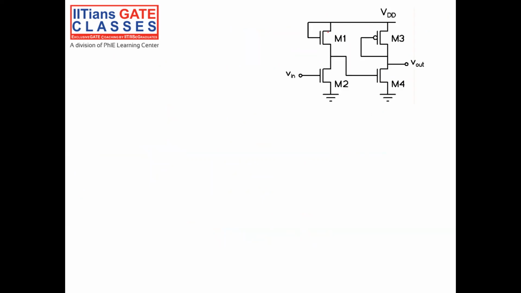So guys, you see, since M1 is an NMOS, this is my drain, this is my source. And for this one, this is my drain, this is my source. Since it is a PMOS, this is my source, this is my drain of my PMOS, and for the NMOS, this is my drain, this is my source. Okay. So my first question is,